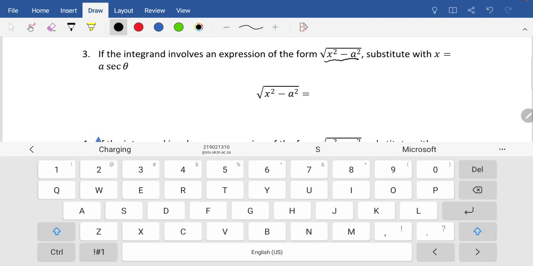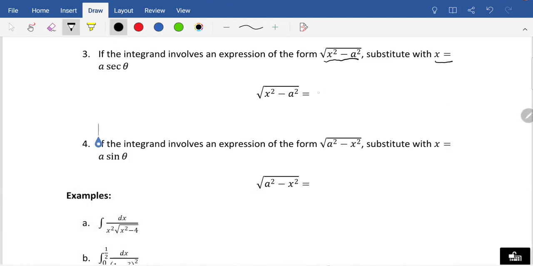Now in that case, the rule tells us that we can use the substitution of x with a sec theta. And what happens when we do that is that we have the square root of a multiplied by sec theta all squared minus a squared, all under the square root sign,